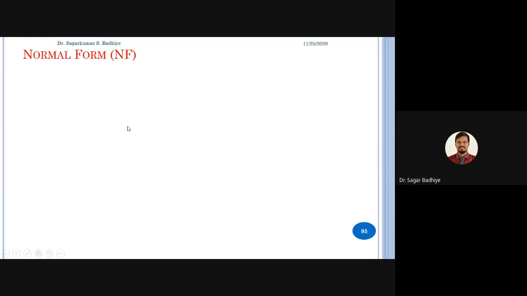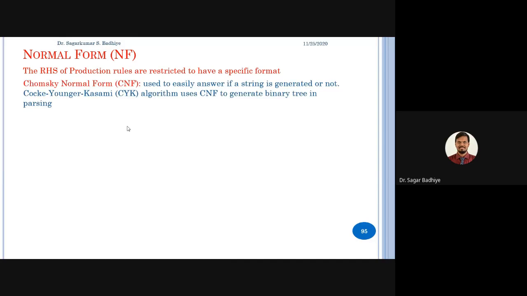Today we are going to learn about normal forms. The normal forms are nothing but a special kind of restrictions that are put on the right hand side of production rules, right? So we have a specific format that is to be followed by the production rules, so that they would be called normal forms. Basically, there are two kinds of normal forms. First is called the Chomsky normal form, that is CNF, and the other one is the Greibach normal form,